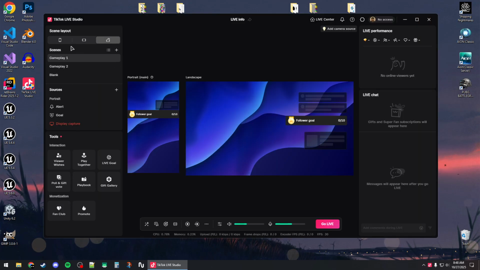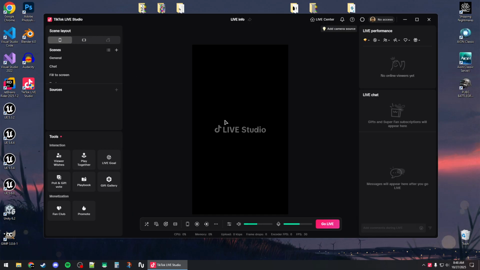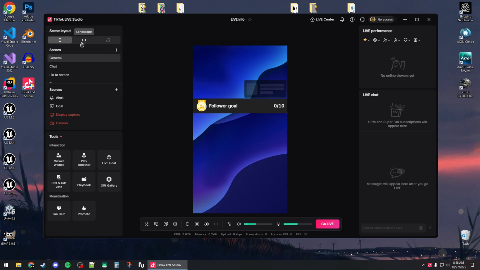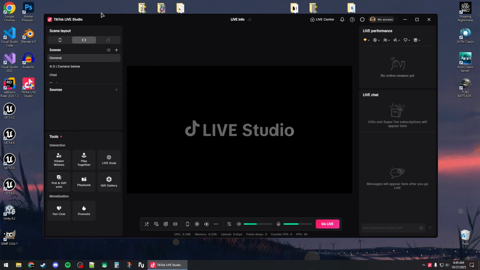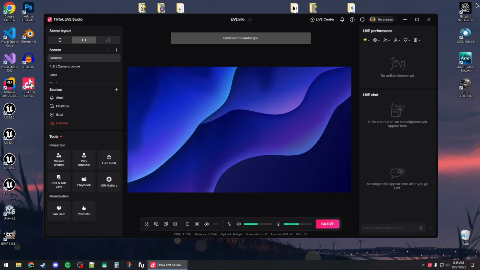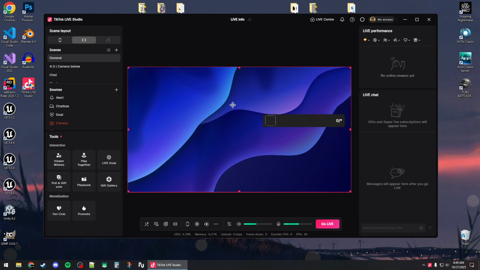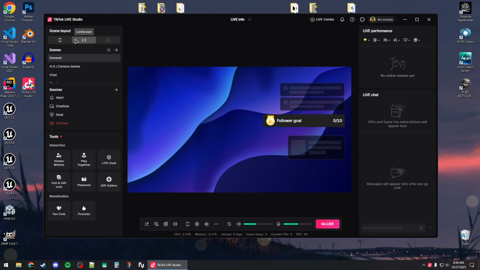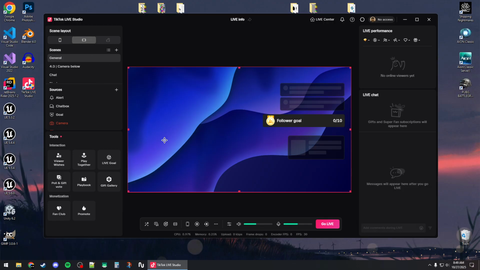And once it's open, you will need to set up the scene layout. So if you want to go in portrait mode for mobile-like layout, you can choose this one. You want to go landscape for your computer, which means streaming the entire screen in the landscape mode. You can choose this, and you can also go to dual layout, which means portrait and landscape. But in this case, if you want to only use or stream from your Windows or your computer, you can